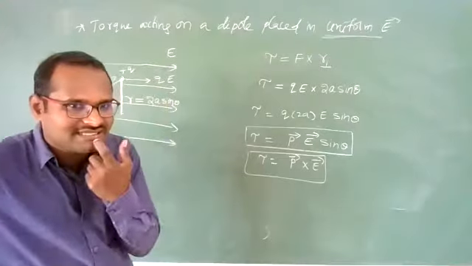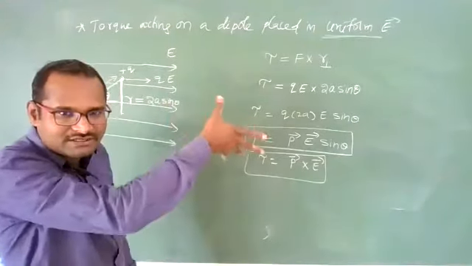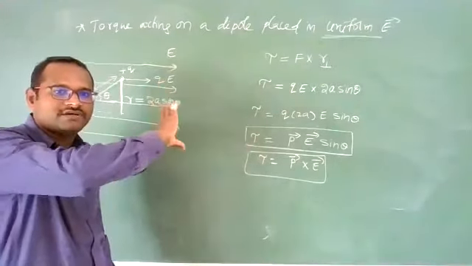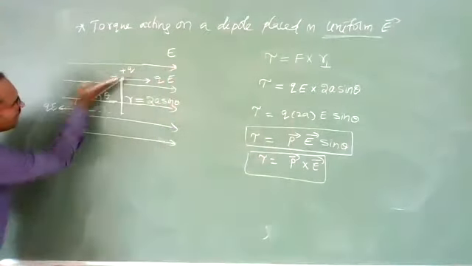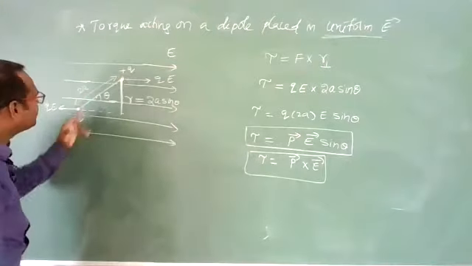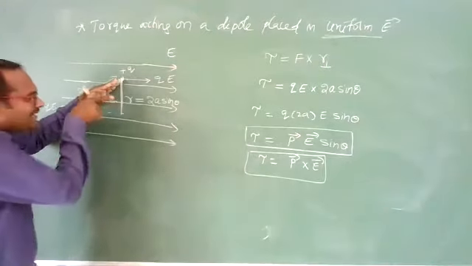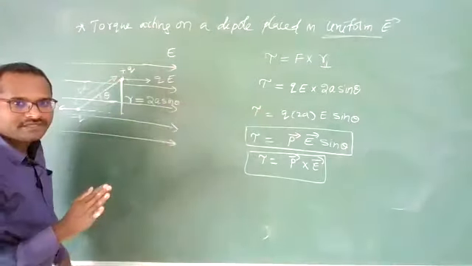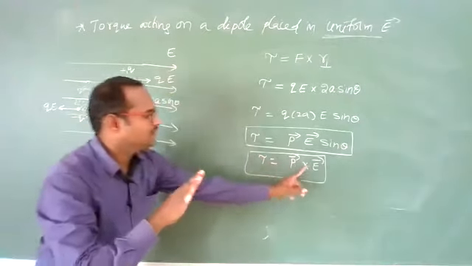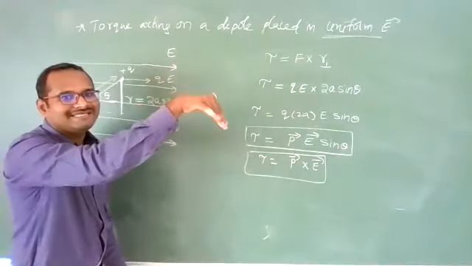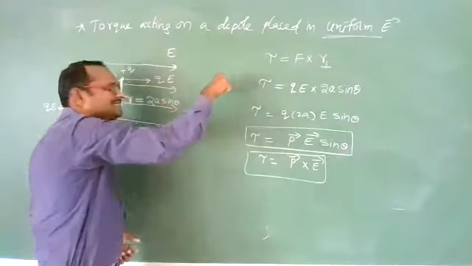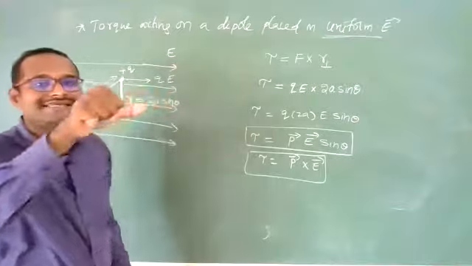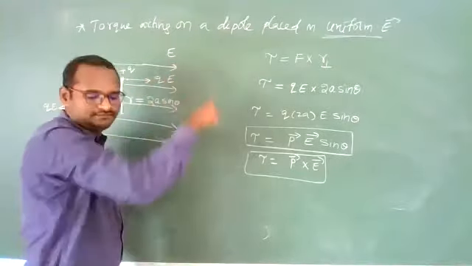So what is the direction, sir? See, it is rotating in the clockwise direction. You revise that concept of rotational mechanics. See, this is the P bar direction, from negative to positive charge. And the electric field is in this direction. I am taking A cross B, P cross E, in that direction, so my thumb is going into the plane of the board. So the torque is along the axial line, that is, into the plane of the board.